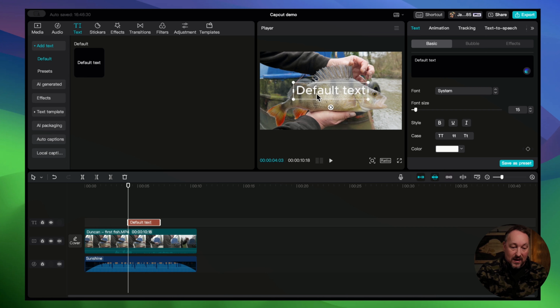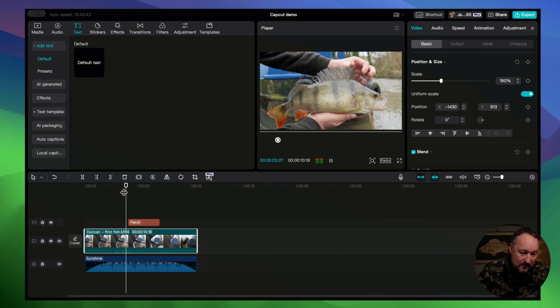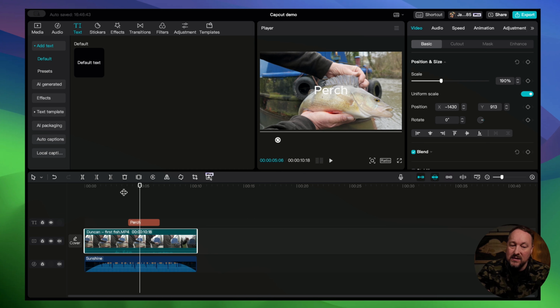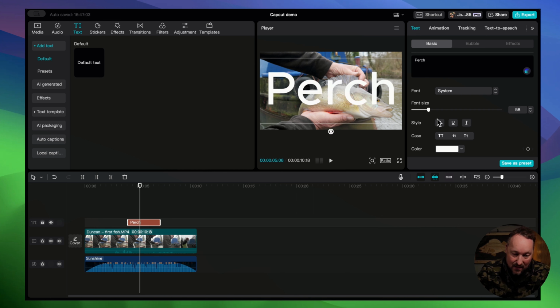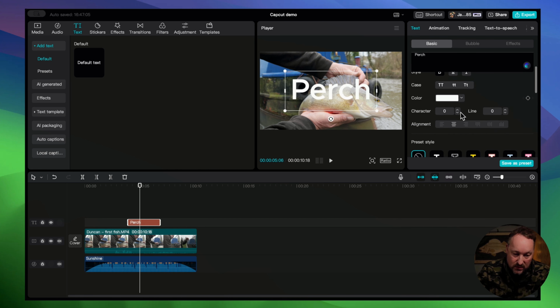I can go up to the viewer window, I can select it, and then on the right hand side, you see here where it says default text, that's where you can change it. So I can change that to perch, because that's the type of fish it is. Let's say I want to, that's not going to stand out particularly well, you can see. So let me just play that in. So that's not going to stand out particularly well. So if I want to select that again, and then I can either make it larger, I can make it bold, I can change the color of it,